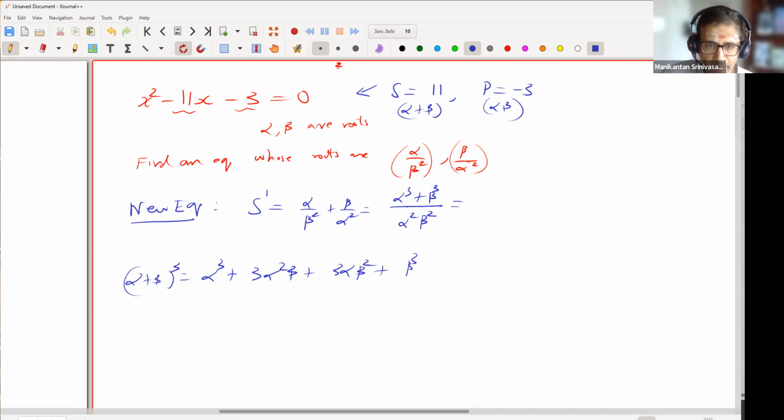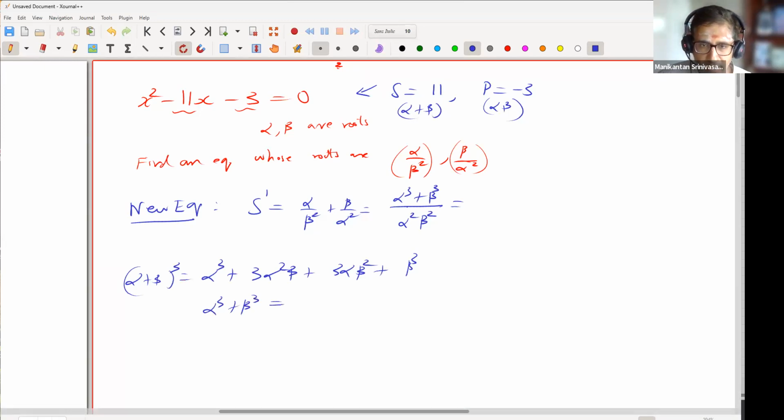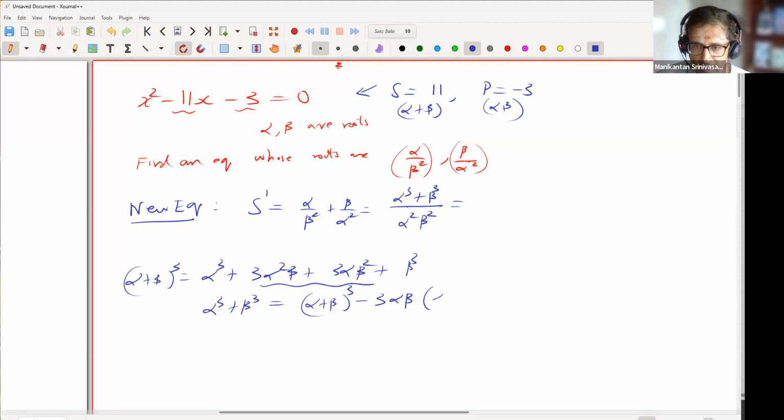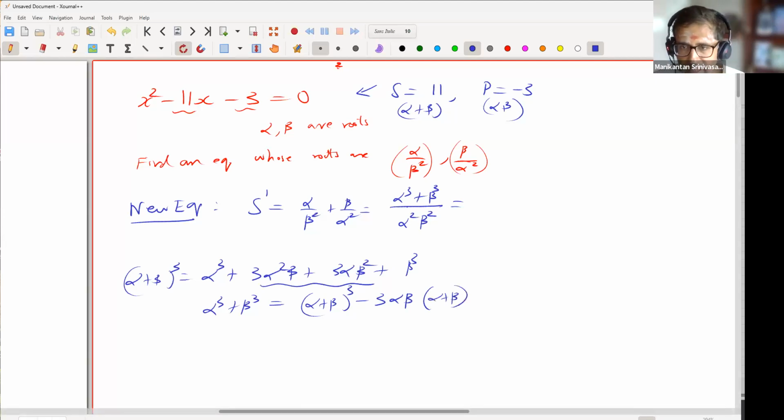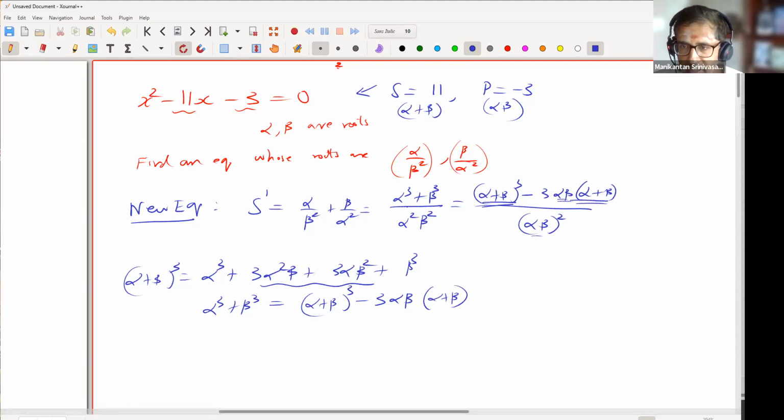So I can move the 3 alpha square beta and the other one to the other side. I can write it as alpha plus beta whole cube minus 3 times alpha beta, taking alpha plus beta outside from these two. So this just becomes alpha plus beta whole cubed minus 3 alpha beta into alpha plus beta, whole upon alpha beta whole square. So the bottom line, I can write everything in terms of alpha plus beta and alpha beta, and the problem